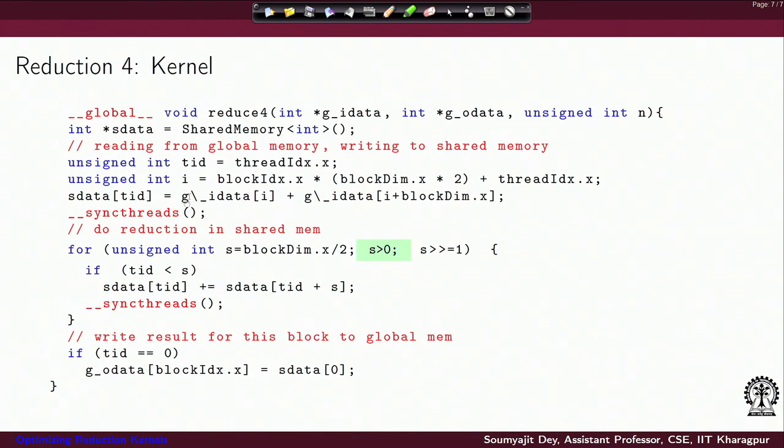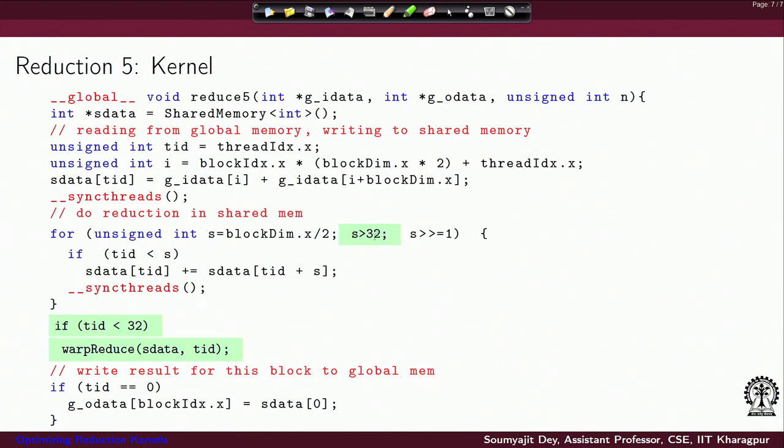Earlier, all threads were executing this loop, right. We have identified that once I am only at the last few stages of the reduction, where I have only 32 consecutive threads to work with, on 64 consecutive values, I do not need to get into the loop anymore, because I will just write those statements inline one after another, avoid the loop condition, and more importantly I can avoid the sync threads here.